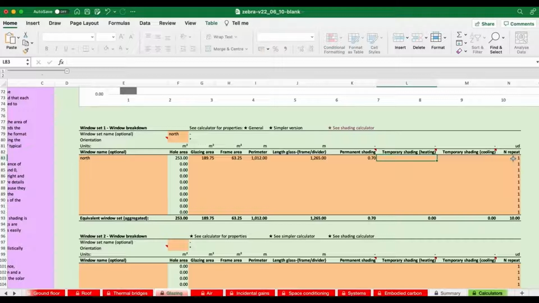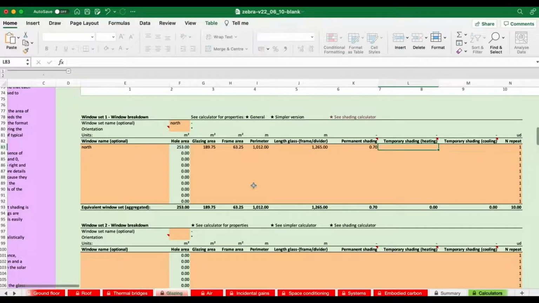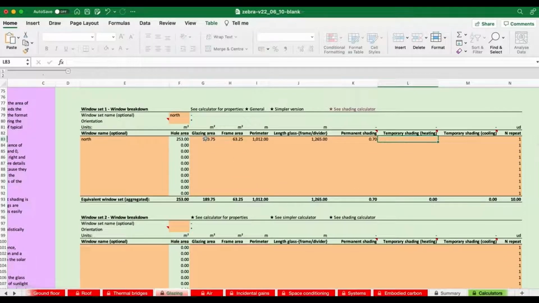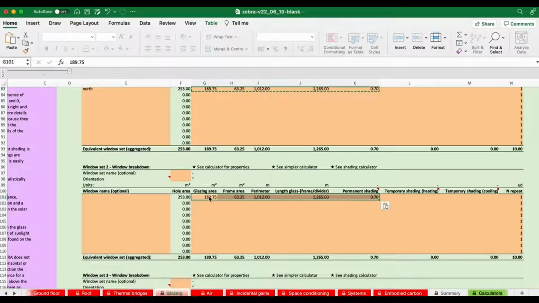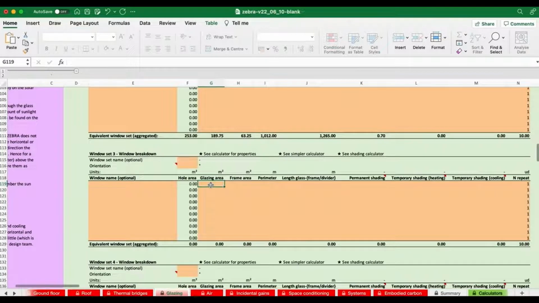You can either add up the whole area, as in the area of the holes, as we've done here, into 253, or if we had lots of identical windows, we could have had a much smaller hole area and said there's 56, for example, windows of this form. So with that information, all our windows are exactly the same on the 4 facades, so we just copy it down.